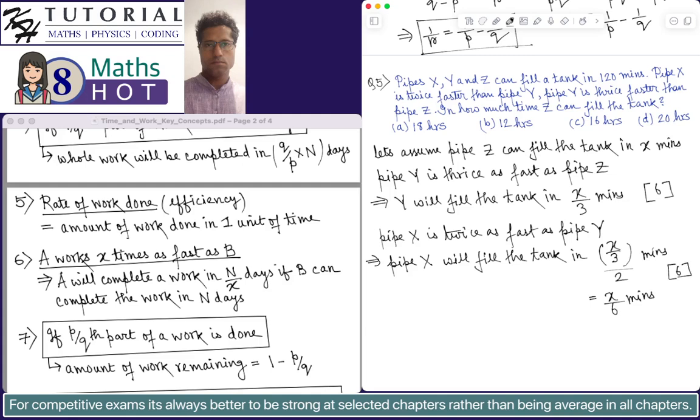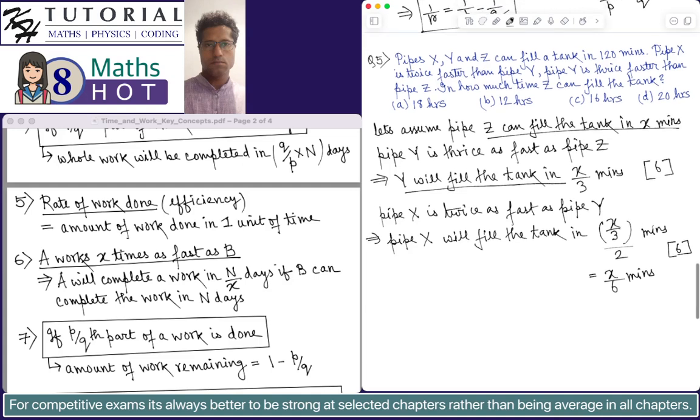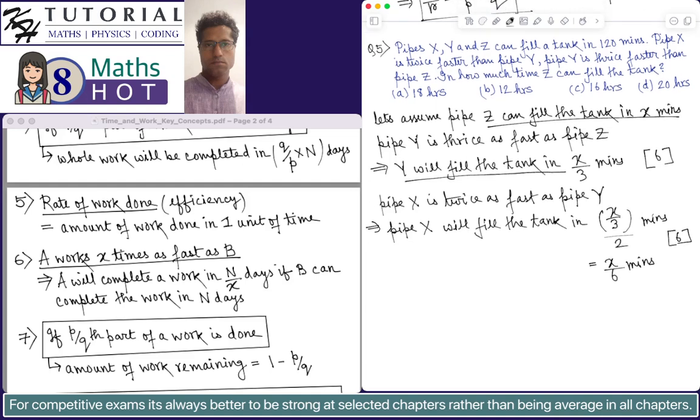So now we know that Z can fill the tank in x minutes, Y will fill the tank in x by 3 minutes, and pipe X will fill the tank in x by 6 minutes. And also in the problem it is given that the whole tank is filled by X plus Y plus Z, that is, when all the pipes are working together, in 120 minutes. So now we need to see from this fact